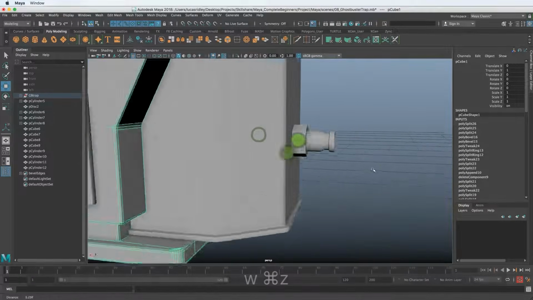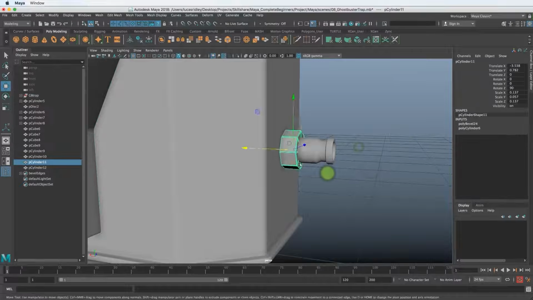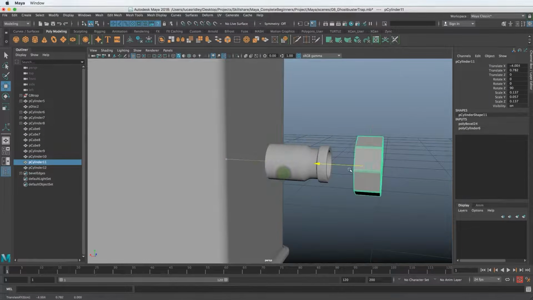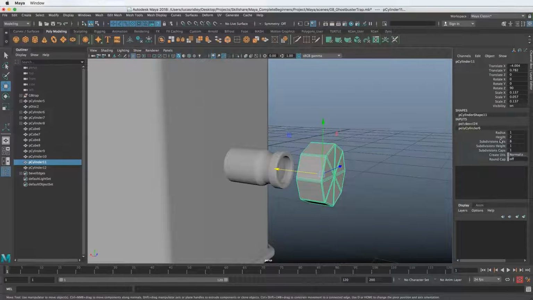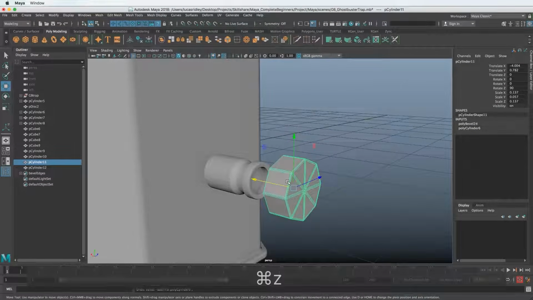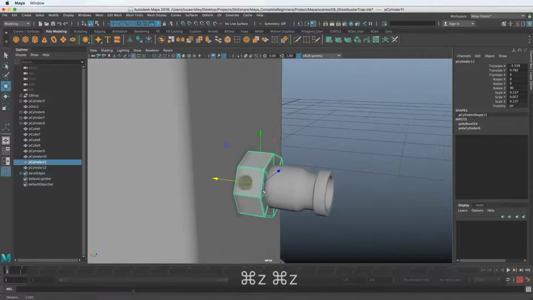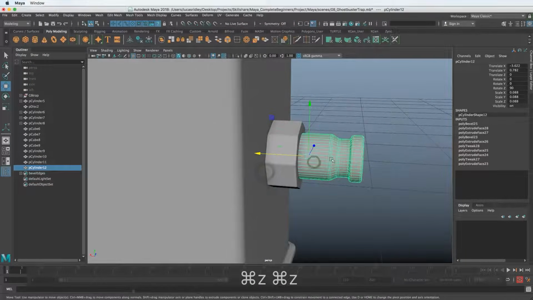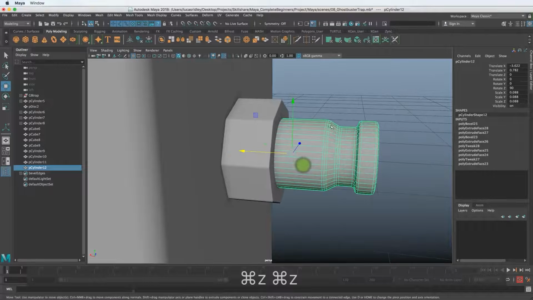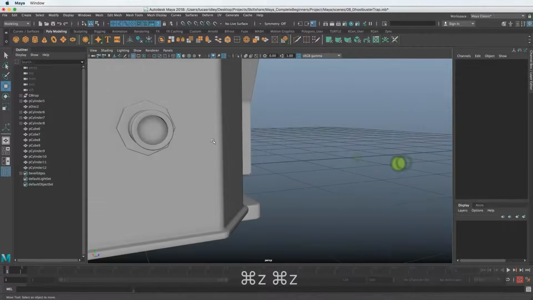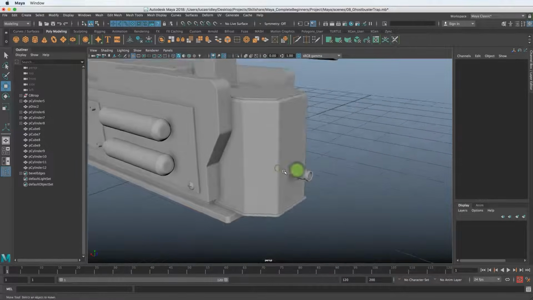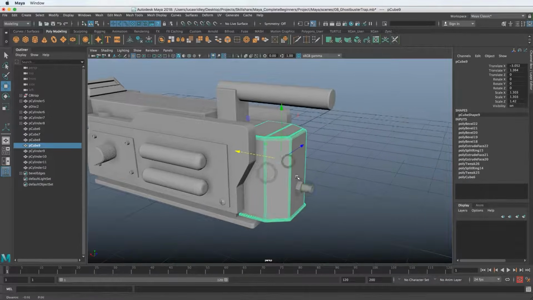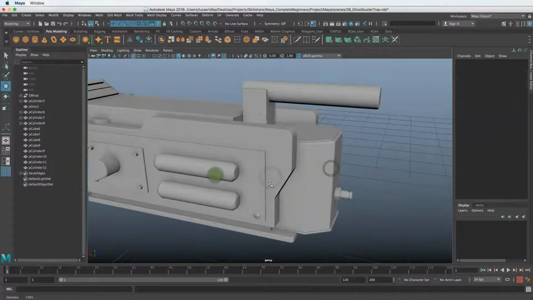And then finally I made this little piece that sticks out the back, and this is basically a cylinder that I reduced the number of subdivision axes down to 8 to make it more like some kind of nut that you would have to screw in there. And then this is just another cylinder that I extruded out and then beveled all the edges to make this kind of port for the cord we're going to make in this lesson. So that's just an update on some updates I did; you've learned all these techniques already.